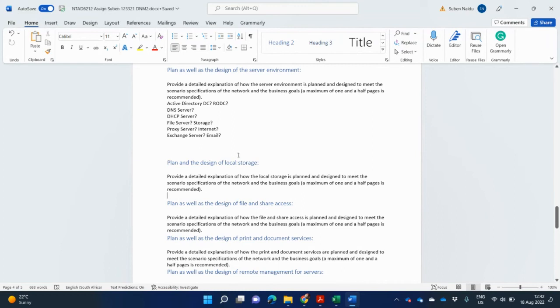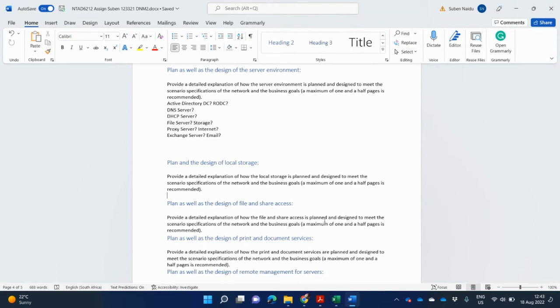Now, design of local storage means how many servers am I going to have that's going to be storing the information required on the network. So Home Affairs needs to store documents, okay? Where are the documents going to be stored? On which servers? How many of these servers are you going to have? Now, what's going to give us more clues here is going to be going to look at our